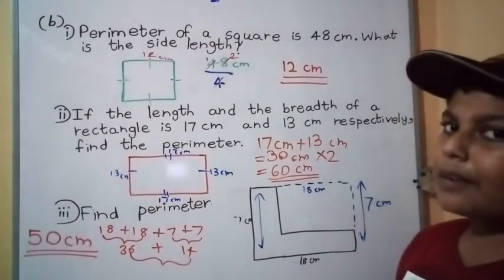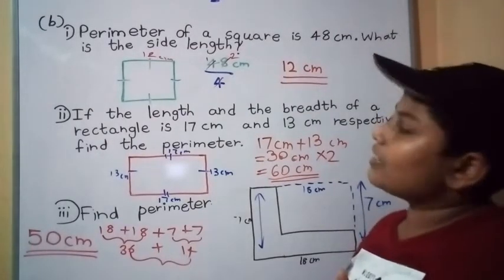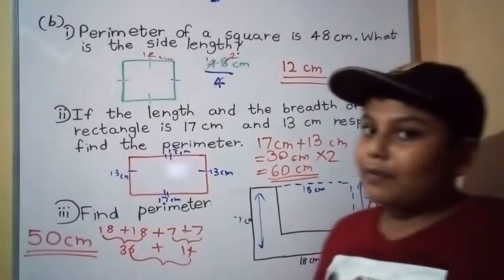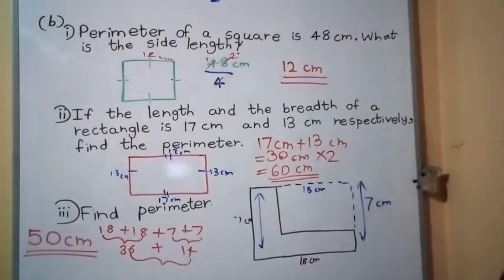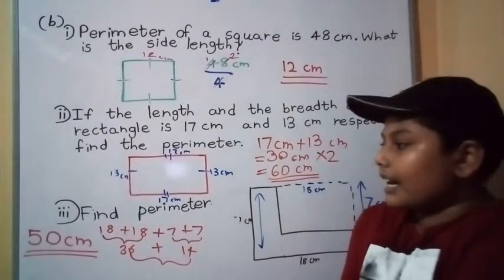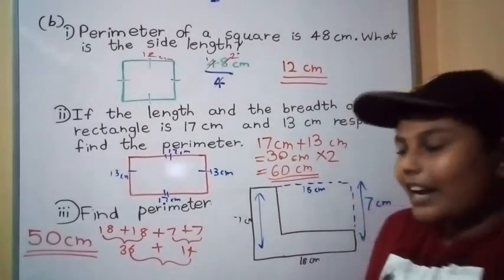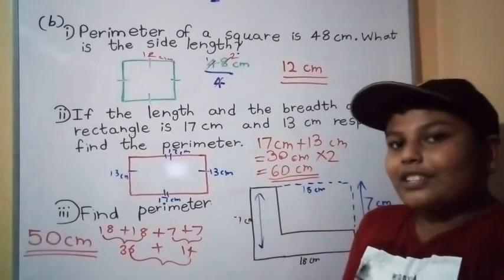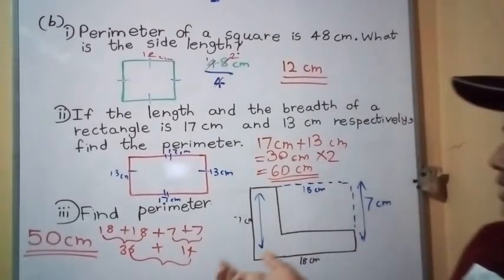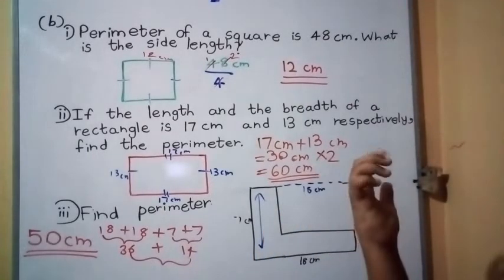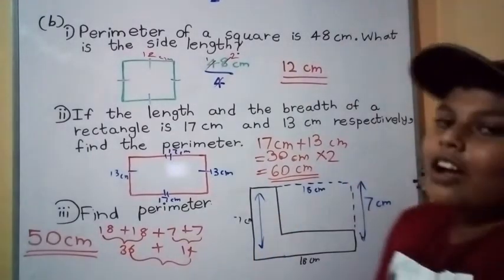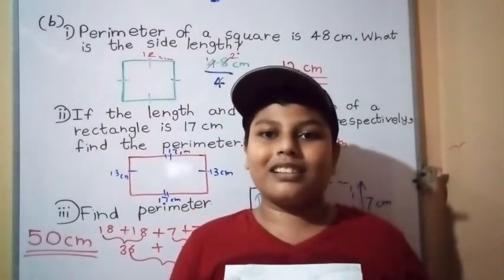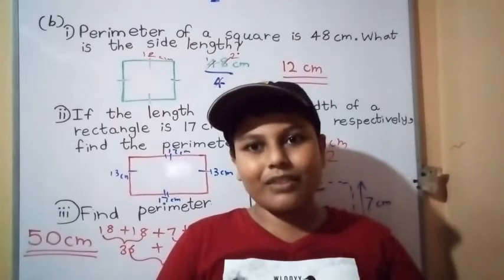Now part B is all finished. The first one was to find the side length. The second one was the length and breadth. Find the perimeter, given the area, respectively in the rectangle. The third one is also to find the perimeter of the L figure. With the cross line I got my choice, that is my example. Like that. Okay, the fifth question part B is also finished.